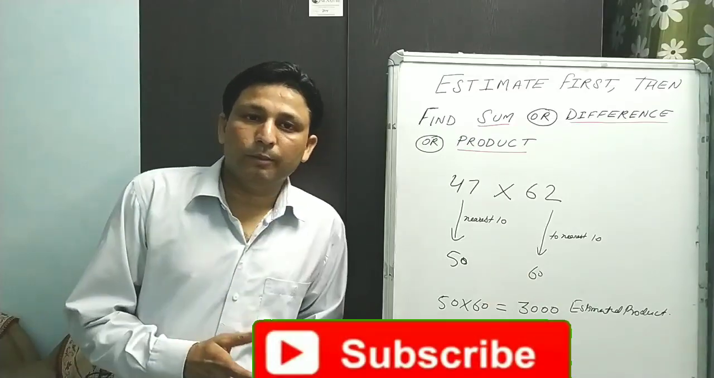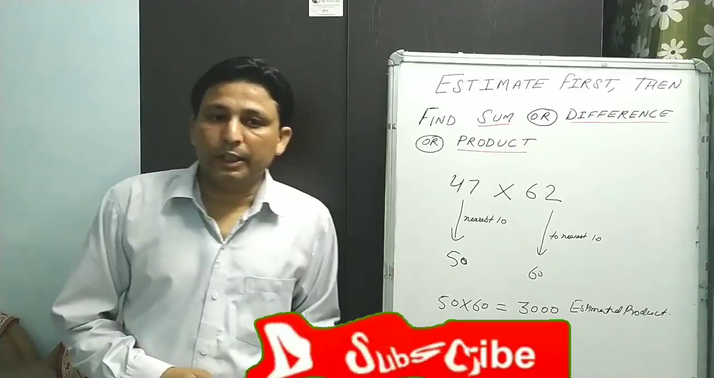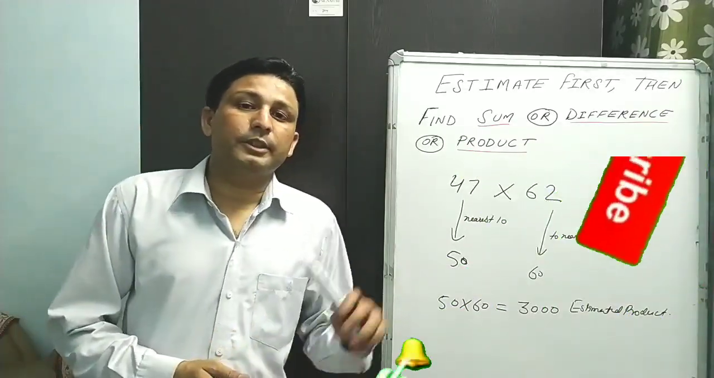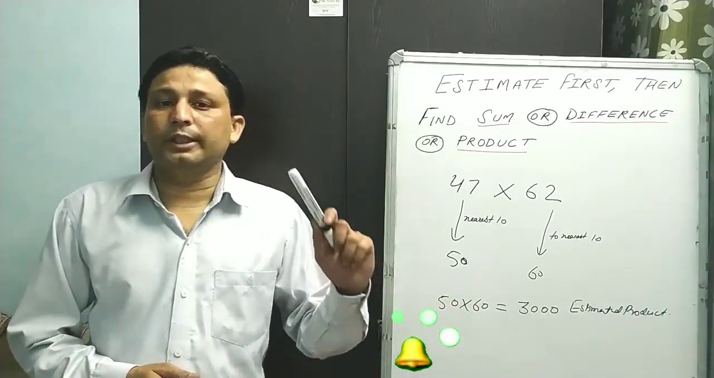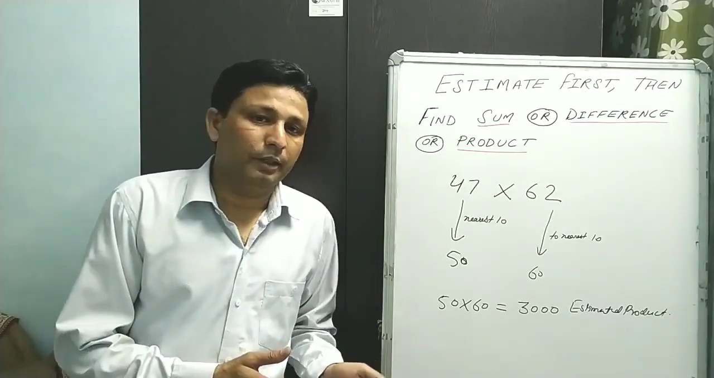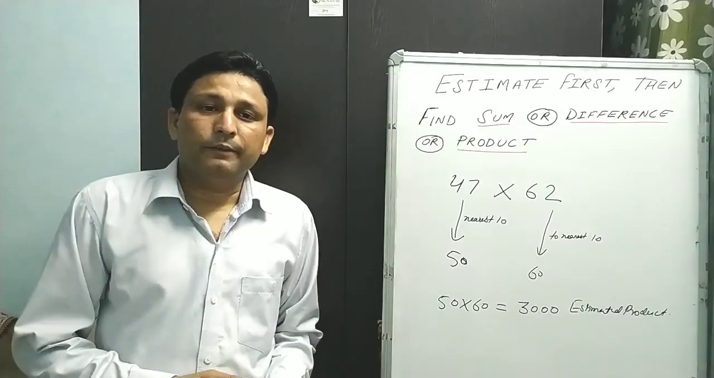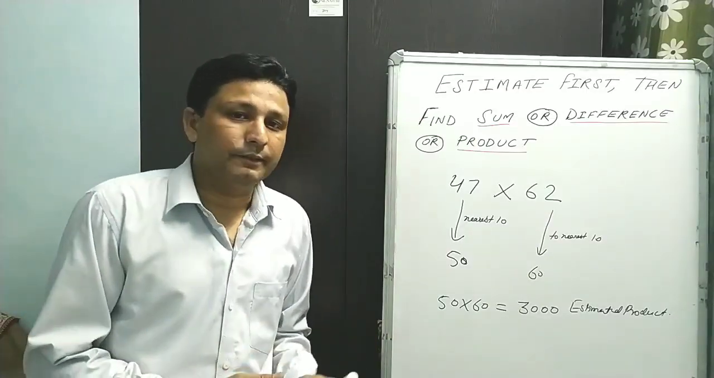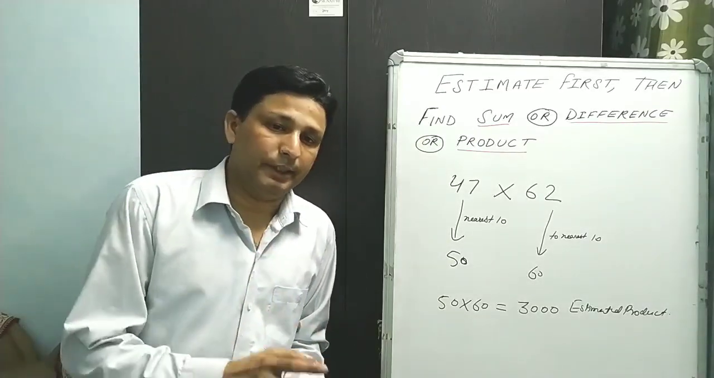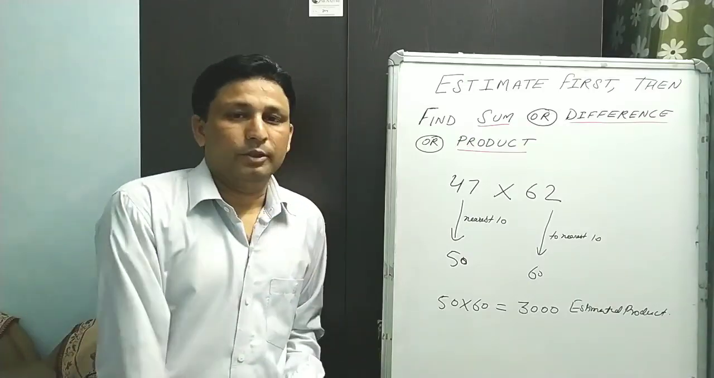So it's all about the topic, that is estimate first, then find sum or difference or product. Here you are free to use any method, that is if you want to use nearest 10 then you can, if you want to use nearest 100 then again you can, and if you want to use nearest 1000 then again you can, because there is no restriction in the question. So don't worry if your answer does not match the answer sheet, but remember one thing, that your method should be correct, otherwise your answer may be wrong. So it's all about